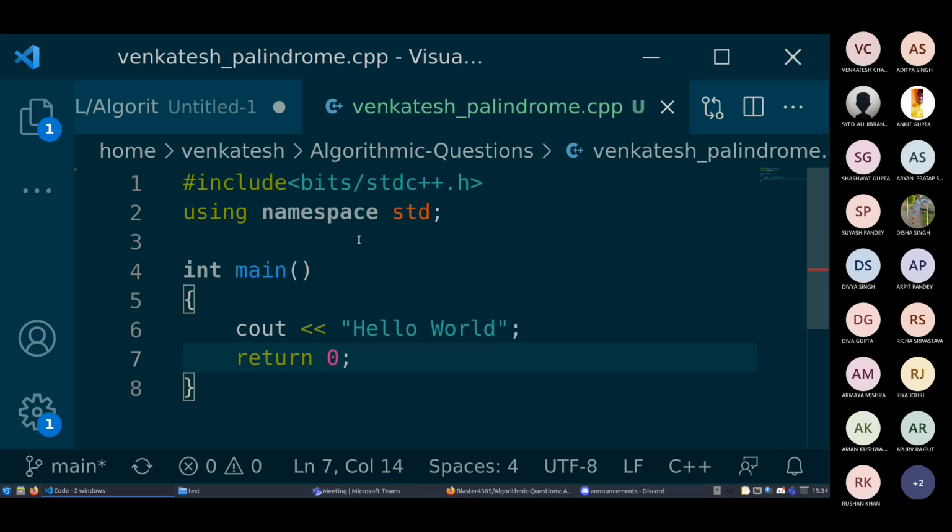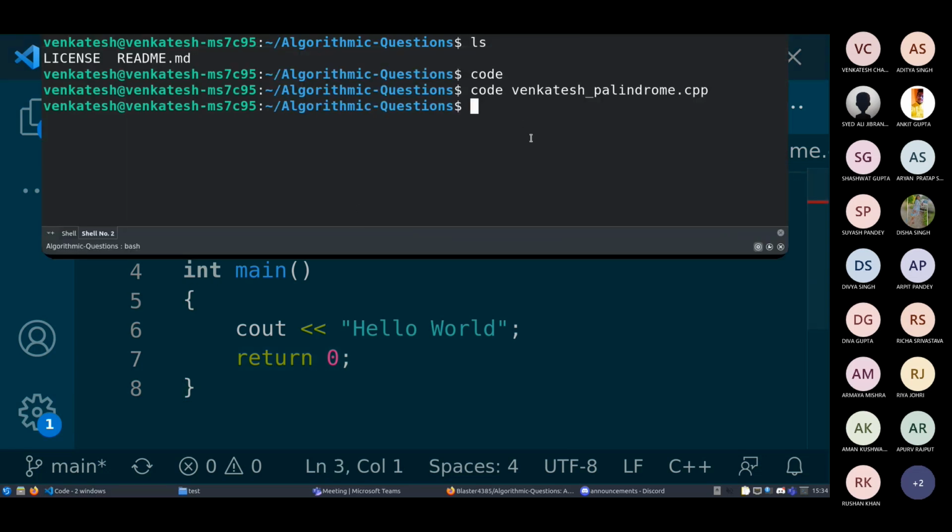So I'll go back to the terminal and let us talk about some basic Git commands.